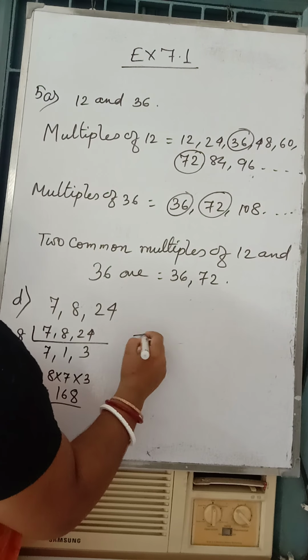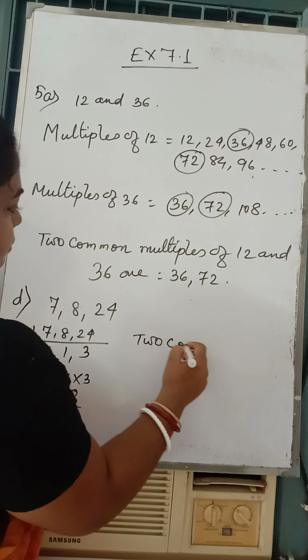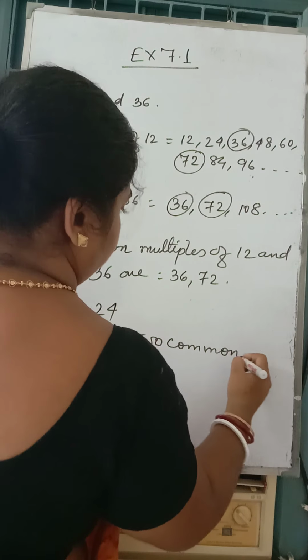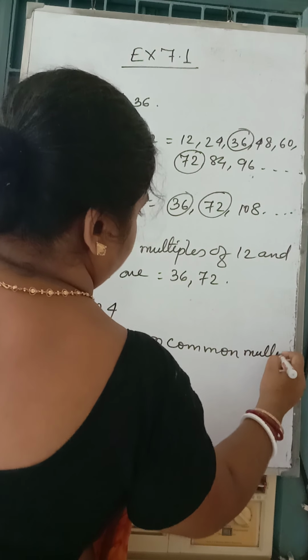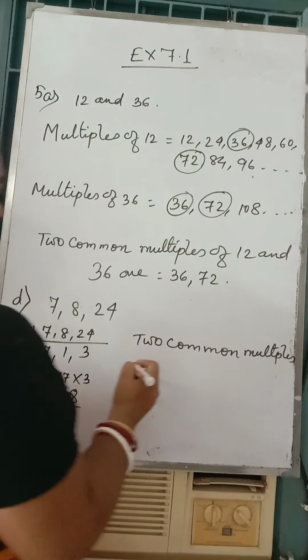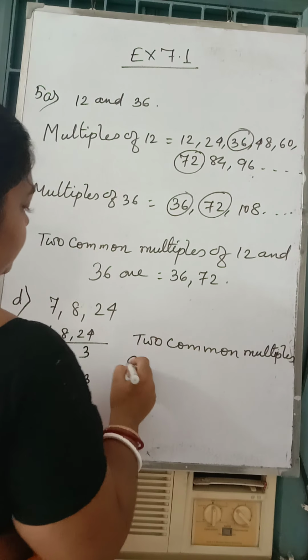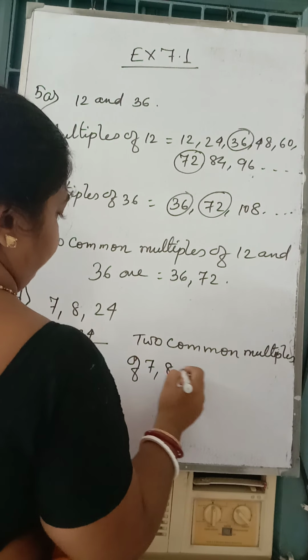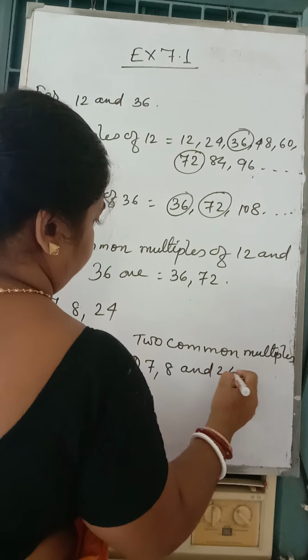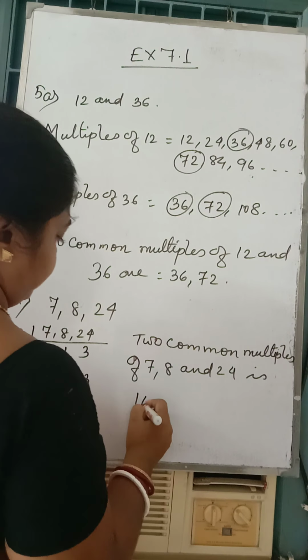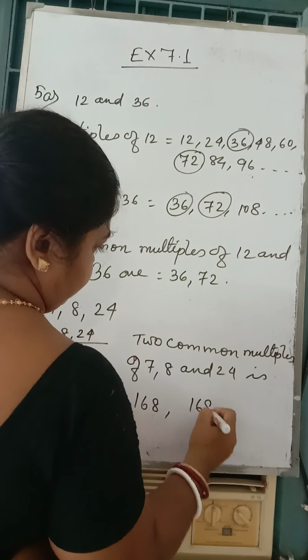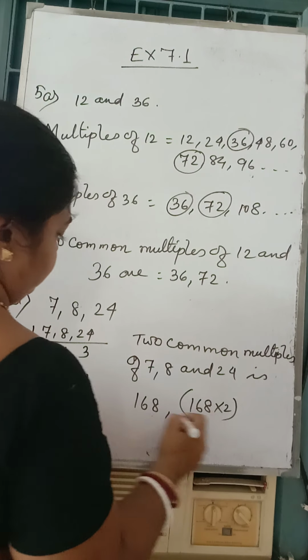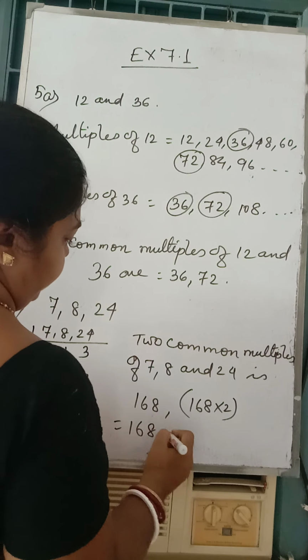So you will write two common multiples of 7, 8 and 24 are 168, 168 into 2. So this gives you 168,